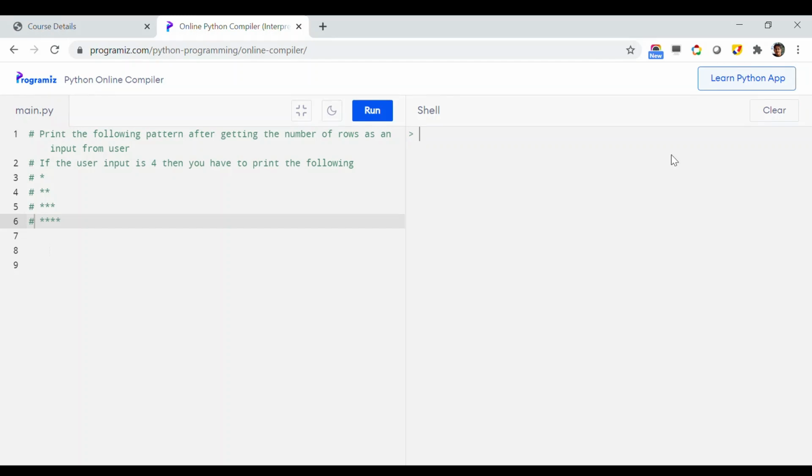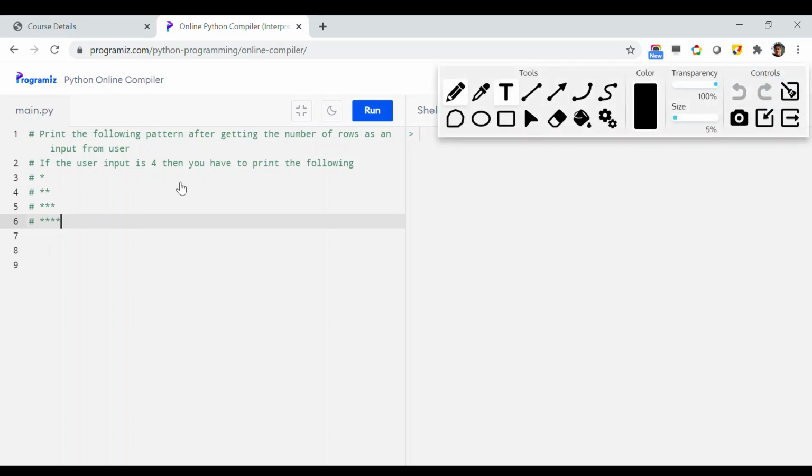Now in this video we will see another demo of nested loop where we are basically interested to print this pattern, this triangular pattern with this star. Well, again, just ignore these hash symbols, those are just for comment. We are basically interested to print this triangular pattern of these stars